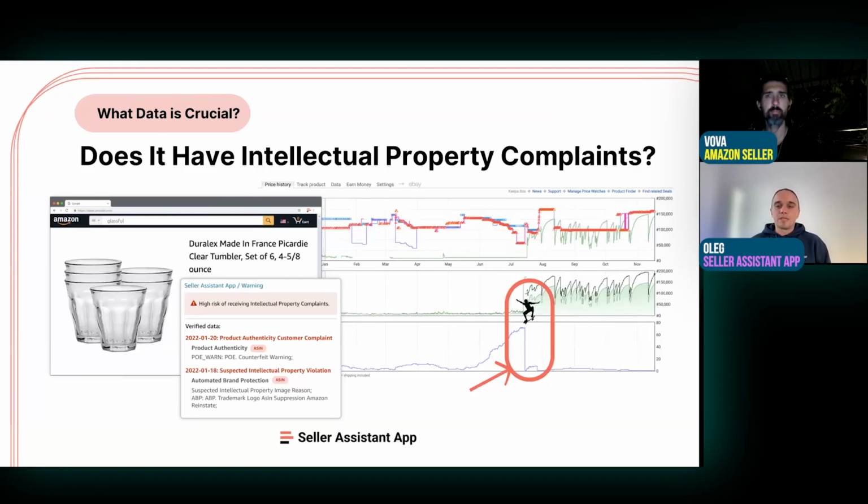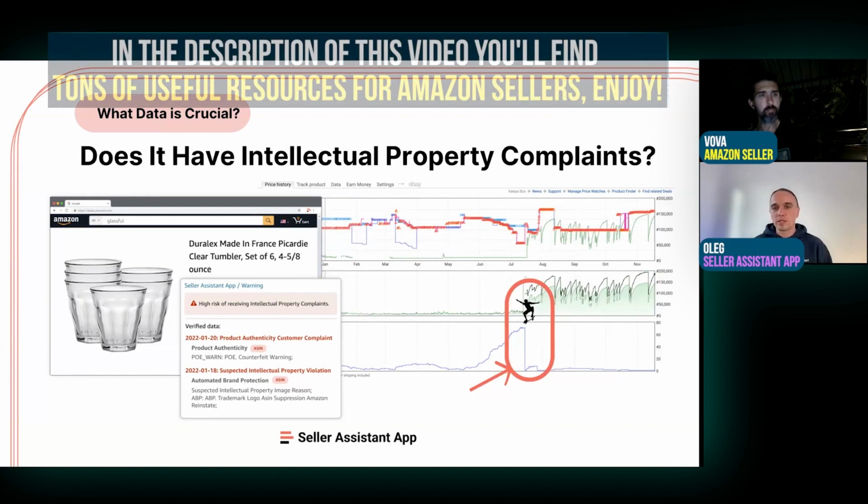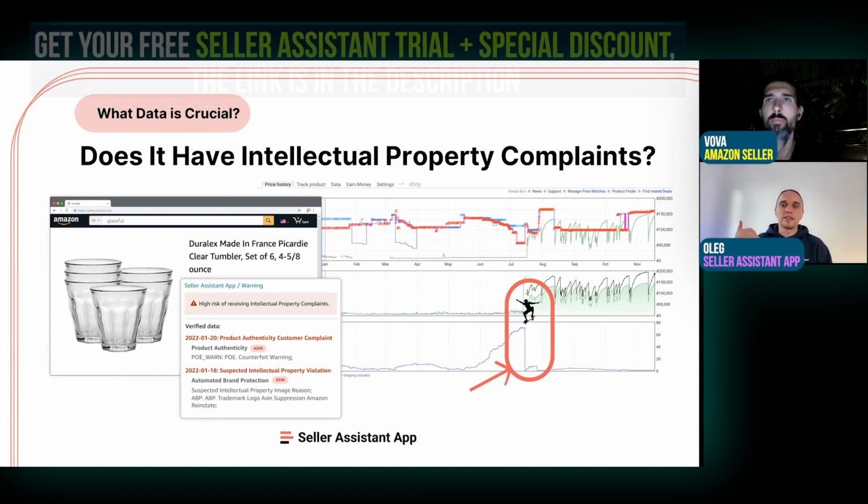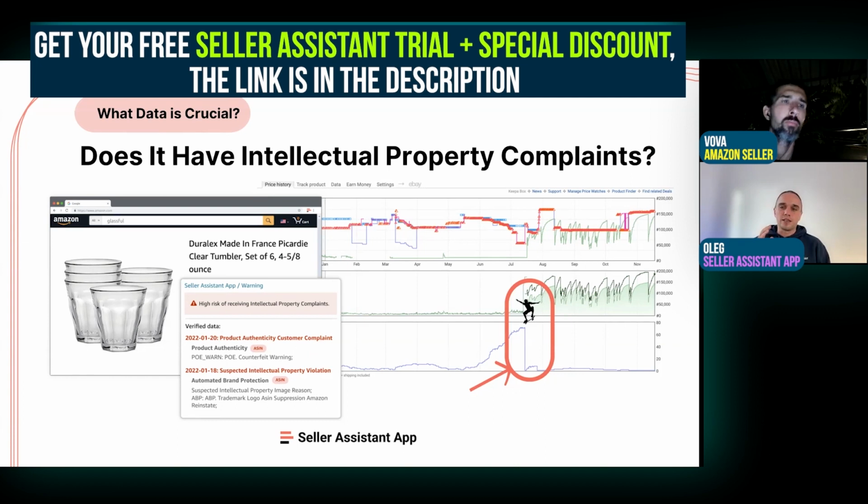Intellectual property complaints, it's very important. If you resell products on Amazon, it means you have a lot of products in your inventory, different brands, and some brands sometimes do not want unauthorized sellers to sell their products. They constantly monitor Amazon products they sell on Amazon, and if they see a seller which is not in their list, they can file a complaint to